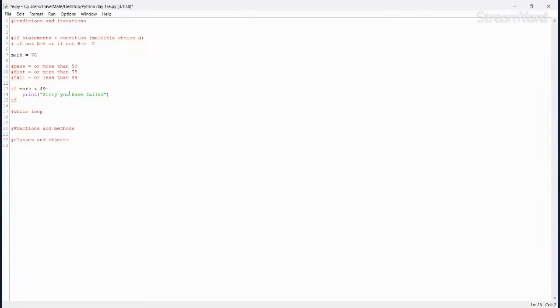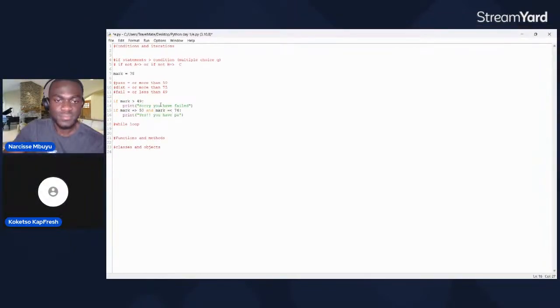I can also say if mark is equal to or greater than 50 and mark is also equal to or less than 74, you can simply print and say well done, you have passed.